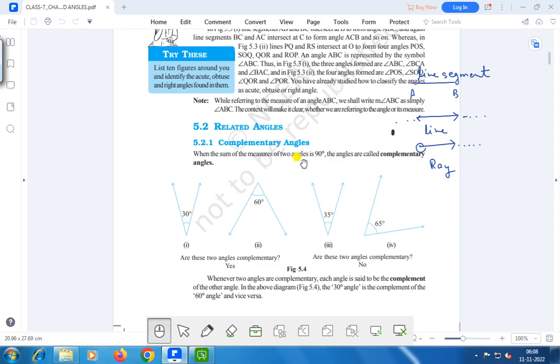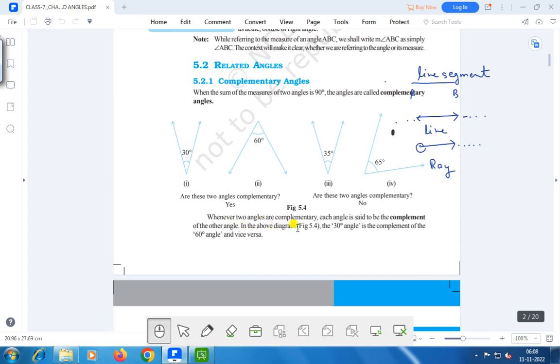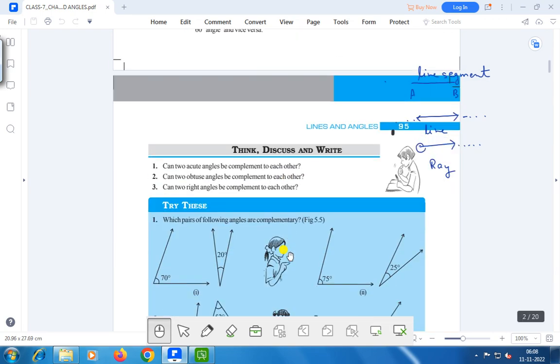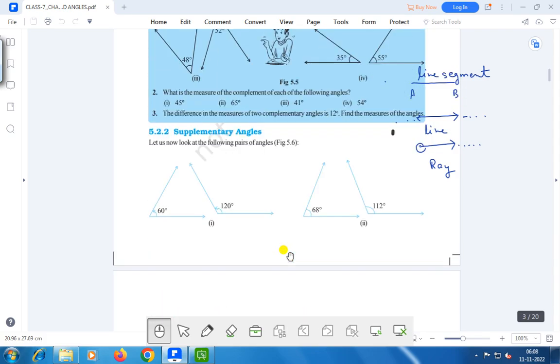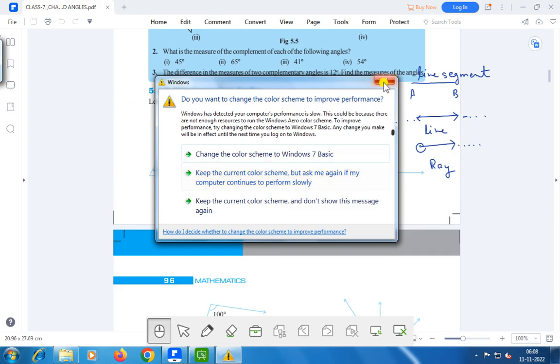That means when the sum of the measures of two angles is 90 degrees, the angles are called complementary angles. Whenever two angles are complementary, each angle is said to be the complement of the other, right? In the above diagram, the 30 degree angle is the complement of the 60 degree angle, and vice versa, right? And the next one is supplementary angles. Here you see one is 60 degrees and